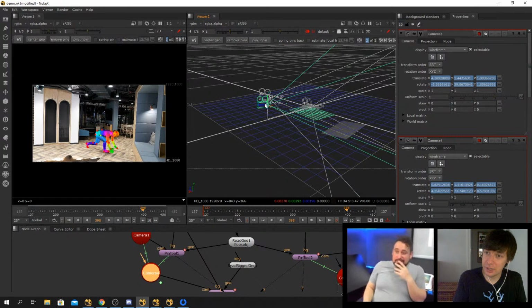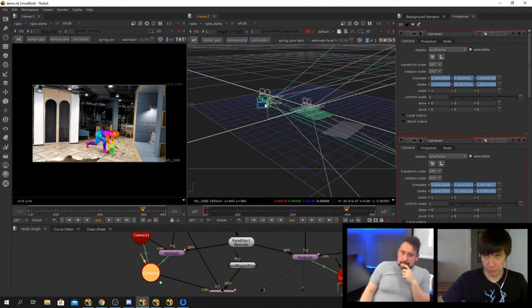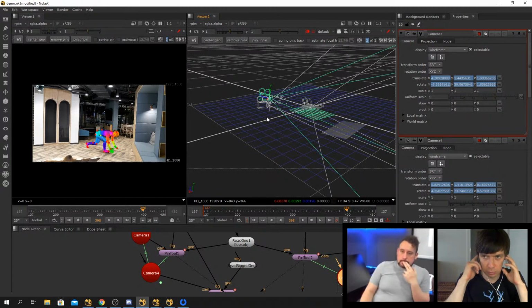And the thing is that usually in this multi-view pipeline with lots of cameras, it's a huge pain to use these cameras, because you have to track individual features on every camera, then match these features together, and then you have to align these cameras somehow, co-align them and so on. And here we actually can align them easily based on some geometry in a scene, which is a pretty easy way